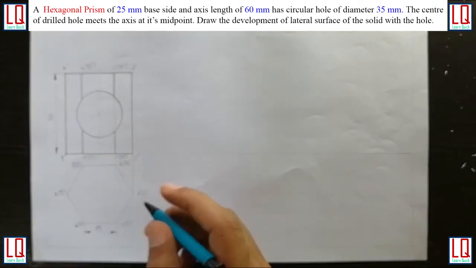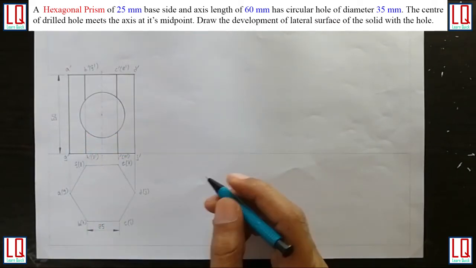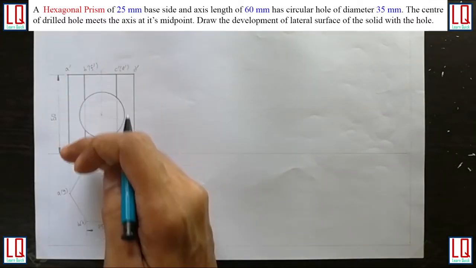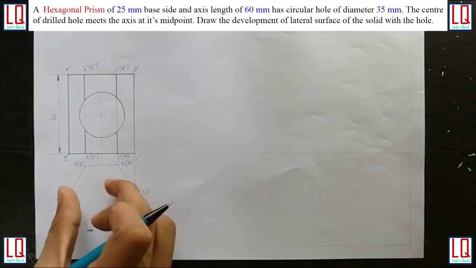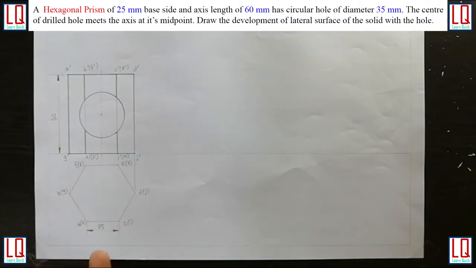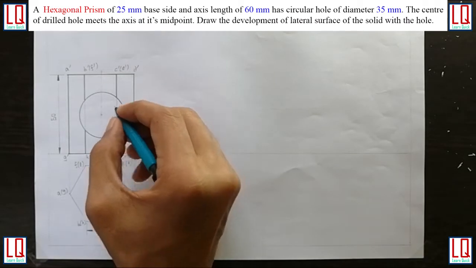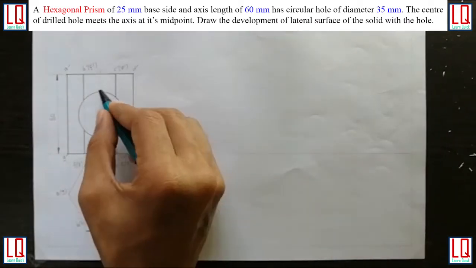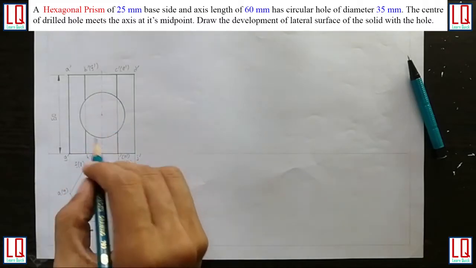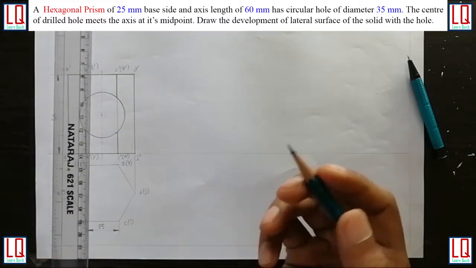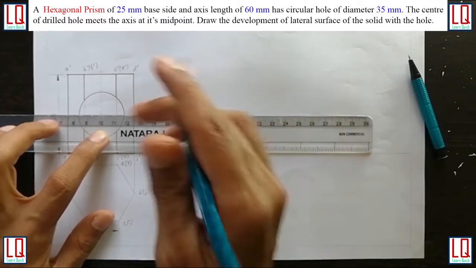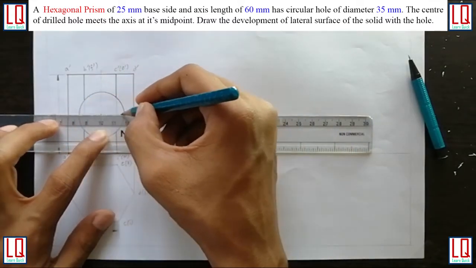If you see from the top view, the hole will not be visible, but it will be visible as hidden lines. So what we have to do is bring all the points to the top view, and we can see the hidden lines here. The hole is in the center. Before that we have to name all these cutting points. To name the cutting points, we will divide this circle into 4 parts to create the arbitrary points here.